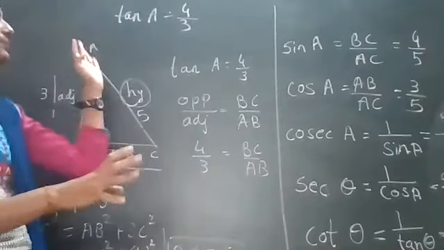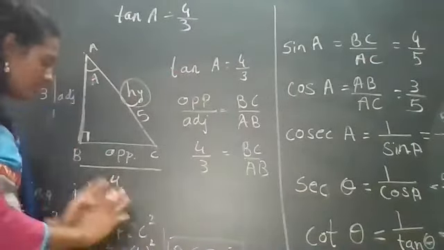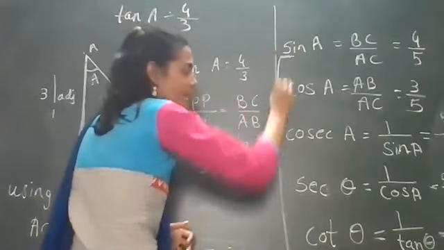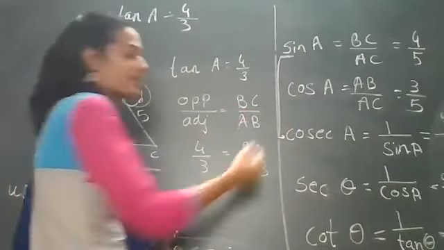Just remember these 6 terms. One is sin theta, which is the reciprocal of cosec theta. Similarly, cos theta is the reciprocal of sec theta. That you have to remember. Otherwise, the rest of the terms are easy to remember. Tan and cot are also easy, right? This is the first term of this chapter. Have you understood?